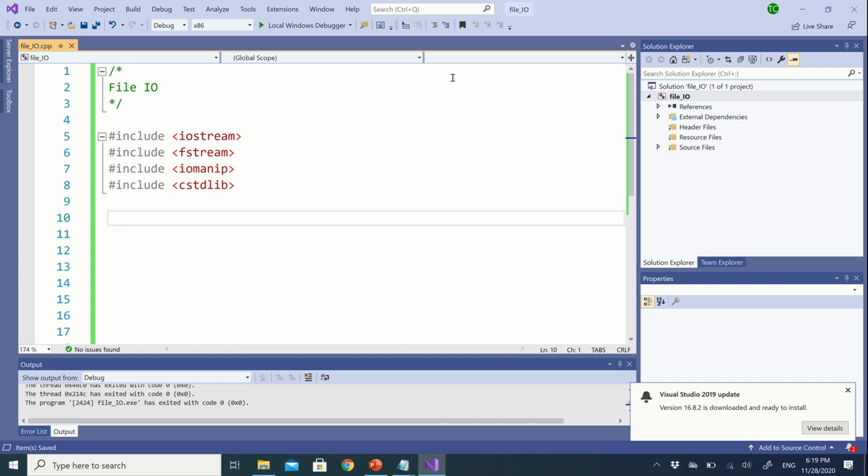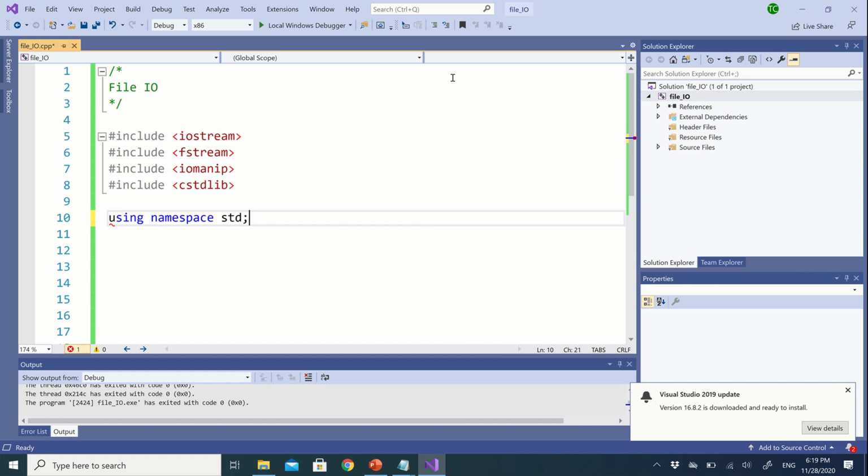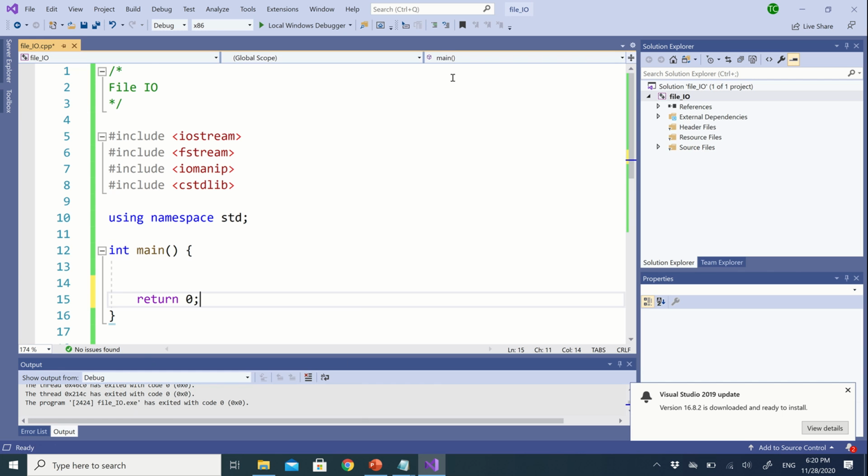And then using namespace std, this one is standard. And then the next thing you need to do is to create your main function. And then before you terminate the program, you have to do return 0. Okay, so with this one,